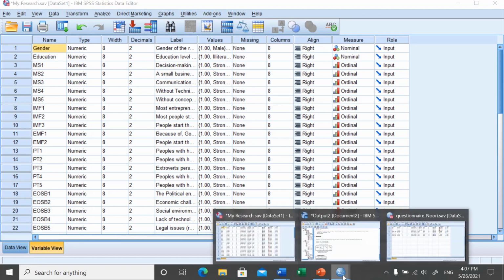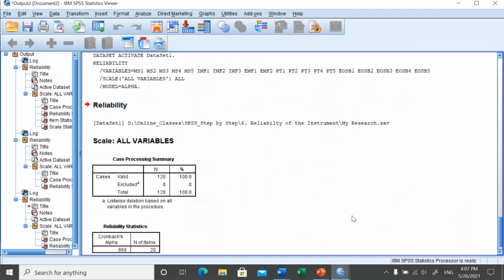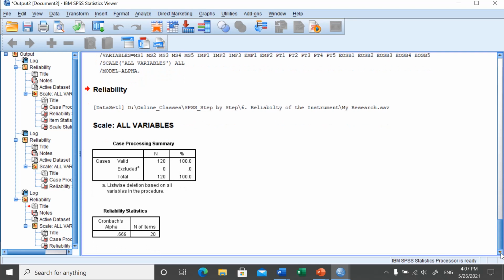Then we will see the output window. Here it is 0.669. It's okay. 0.669 means near 0.7, so it is also acceptable. Maybe some of the items are repeated, or some of the items are contradictory, that's why it is there, but it is also acceptable. So this way we can do the reliability test for our instrument. I hope you understand this point, and we will go